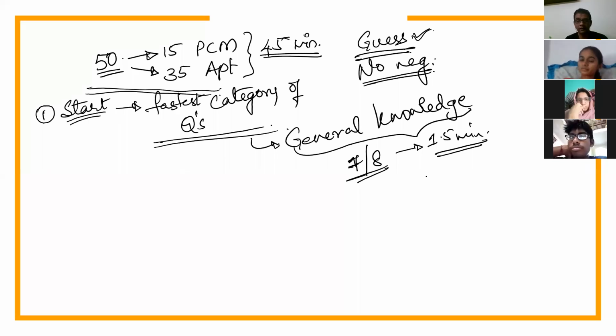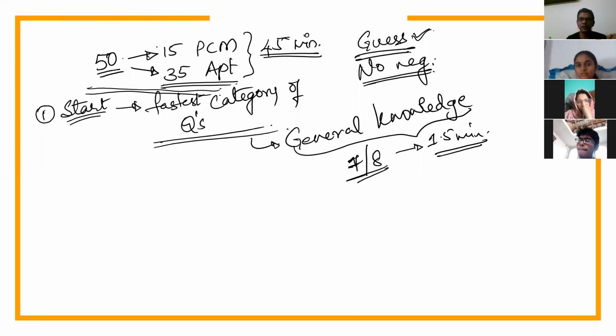But if I tell you, who is the deputy governor of RBI, do you know the answer? I do not know the answer. And that's the good part of it, because it still took a fraction of a second for me to know that I do not know the answer. So in 5 seconds, I have actually decided whether I can answer this question or not. And thus, if I am talking about 35 aptitude based questions.